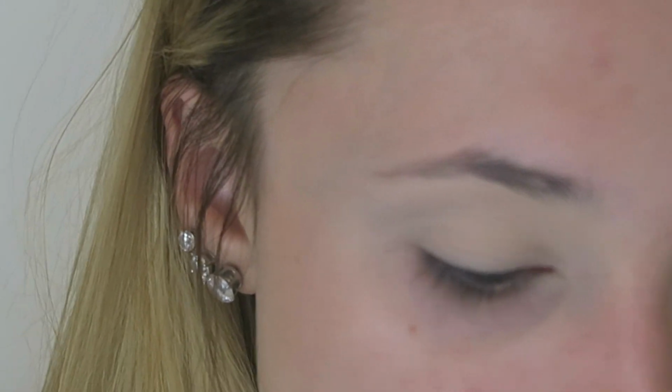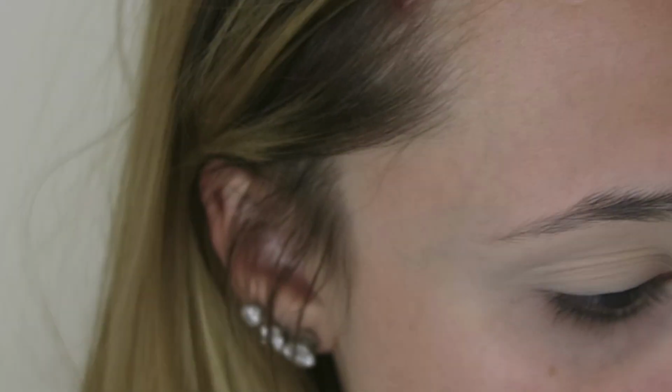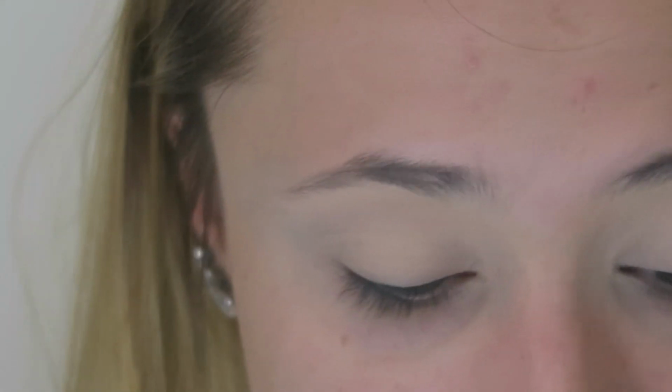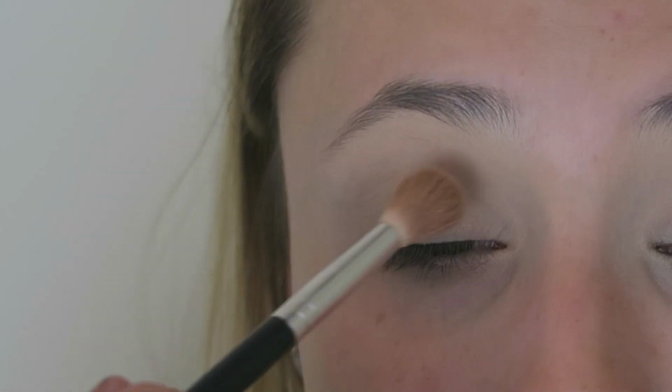So dipping into the Jaclyn Hill palette, the first shade I'm gonna go in with is Silk Cream, which is this one right here. I wish I had one of the palettes that had the names on it because I still have this card, but I got the first round of palettes, so I don't have the glossy finish type situation going on. That's a little disappointing, but I still love this palette. It's my favorite. So I'm just gonna take that shade all throughout